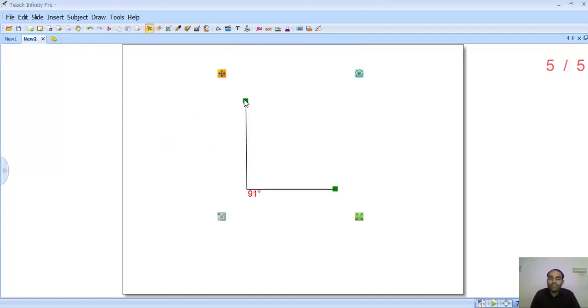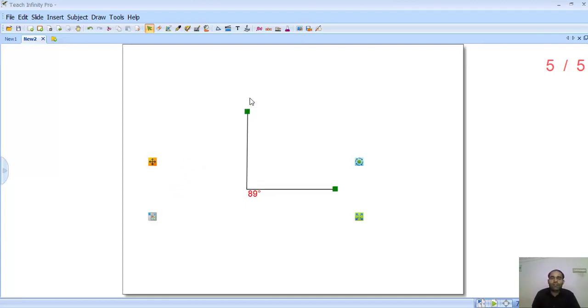Yes, because it is greater than 90. This is 108 degrees, it is an obtuse angle. Why? Because it is greater than 90. 150, is it an obtuse angle? Yes, because it is greater than 90. Now come down. 170, it is greater than 90 degrees, so it will be called an obtuse angle. Now when we come to 180 degrees, the line is straight. You can see the line is straight, so this angle is also called a straight line angle.